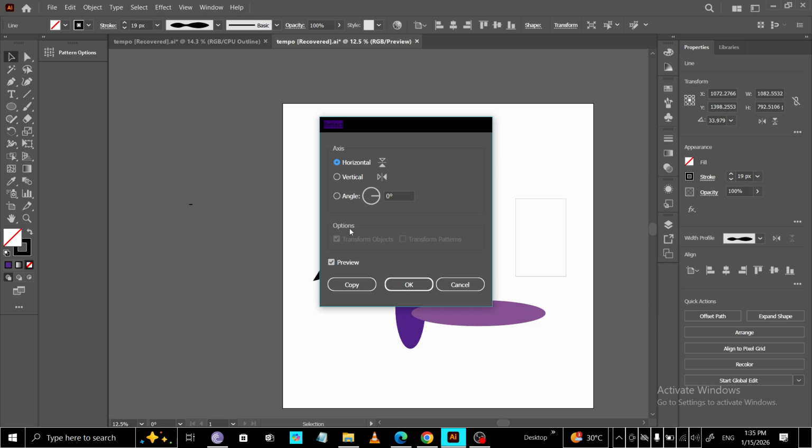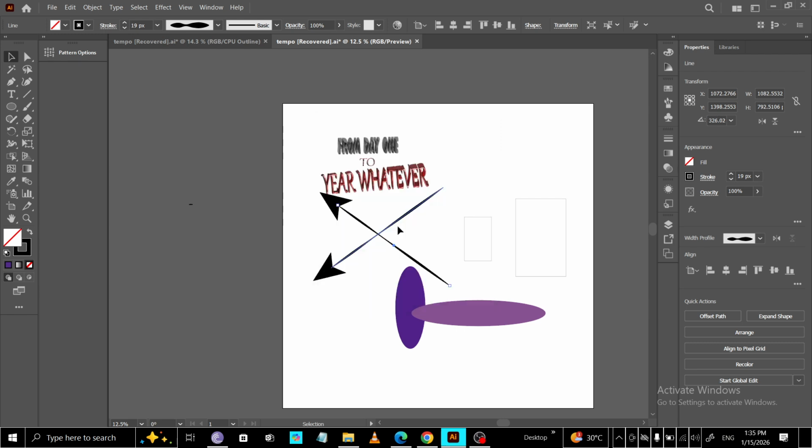A couple of quick pointers as you work. Reflecting is different from rotating. Rotate spins an object around a point, while reflect flips it across a line. If your object looks offset after reflecting, that's normal. You can reposition it as needed. And if the results aren't what you expected, try toggling between vertical, horizontal,